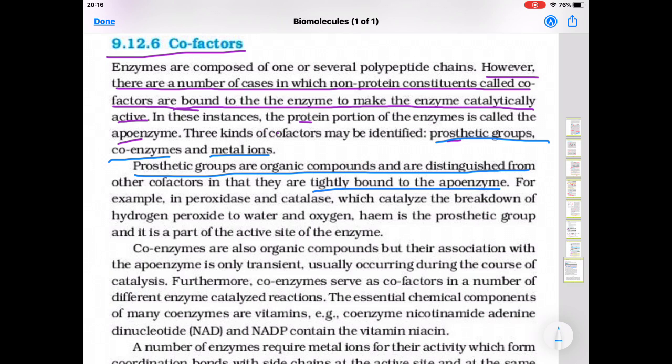For example, in peroxidase and catalase, which catalyze the breakdown of hydrogen peroxide to water and oxygen, heme is the prosthetic group. You have to learn this name. Next is coenzyme. Coenzymes are also organic compounds, but their association with the apoenzyme is only transitory, that is for some time only,